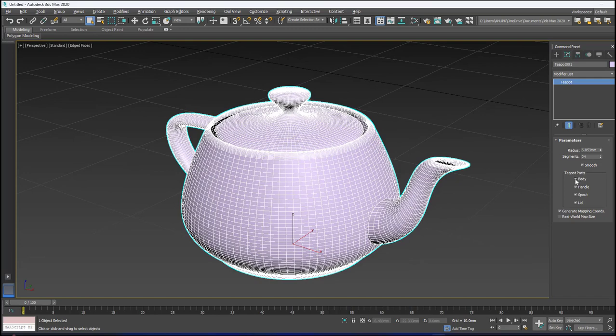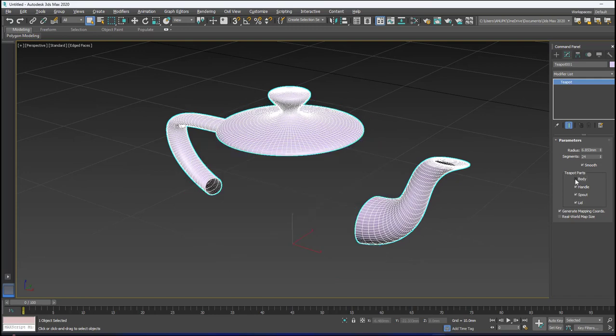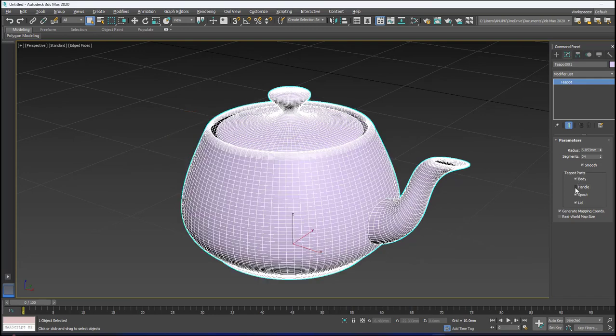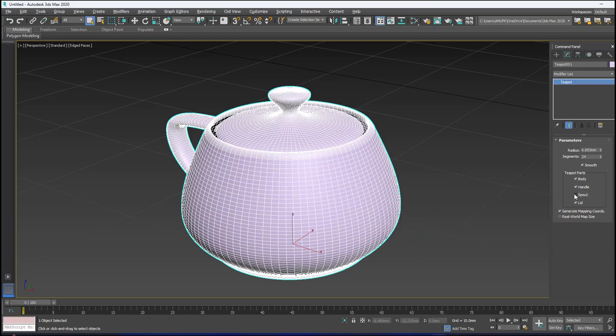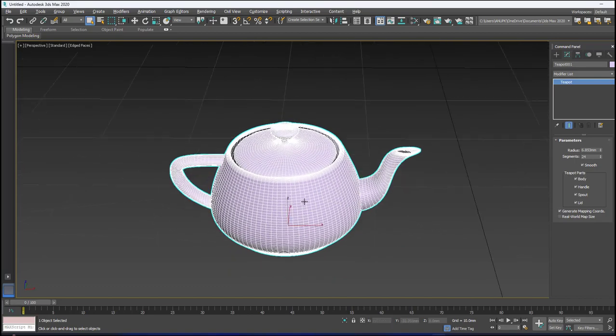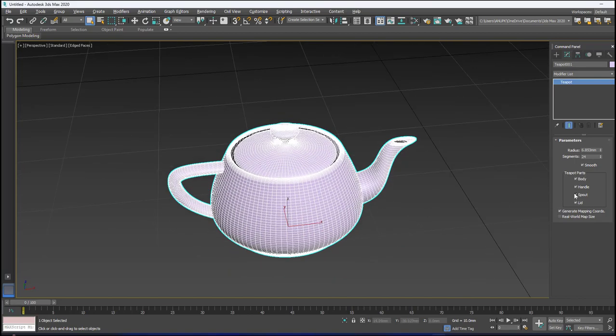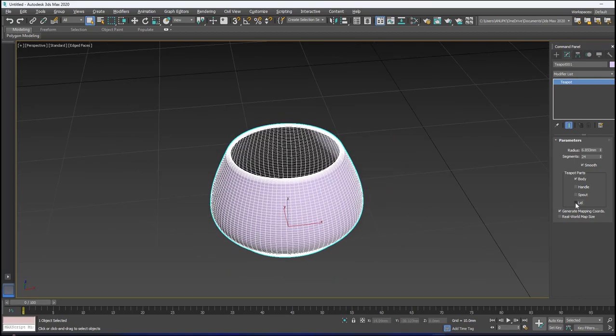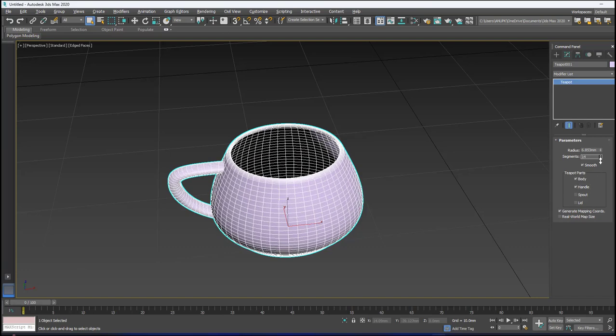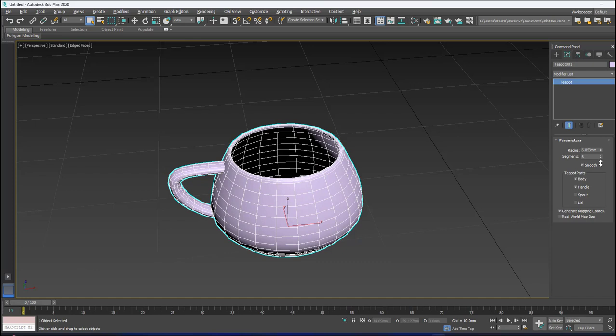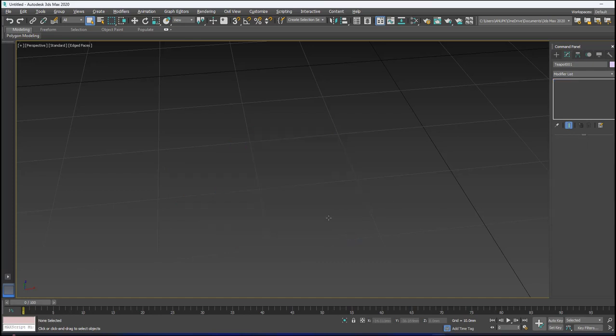You can even turn off and on the parts of the teapot like body, handle, spout, lid, like this way. If you want to convert it into a dish, then you just remove all the parts. So this is the dish, and if you want to convert this into a cup, then you can reduce the segments to convert this. Like this way you can apply it for the interior design.